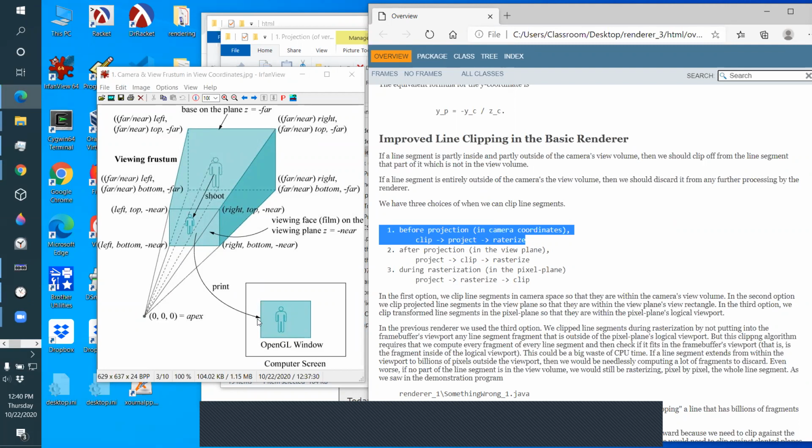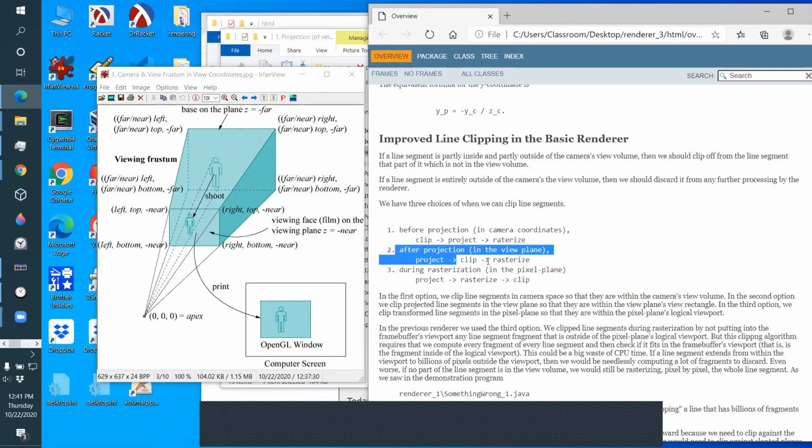Two is clipping against this green square, or this window. You project and then clip against that window, as opposed to clipping on these four planes that are the sides of that volume. So you can clip in camera space on that volume, or you could project to the front and then clip on that rectangle,